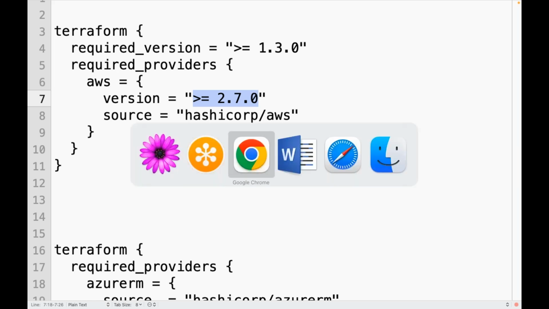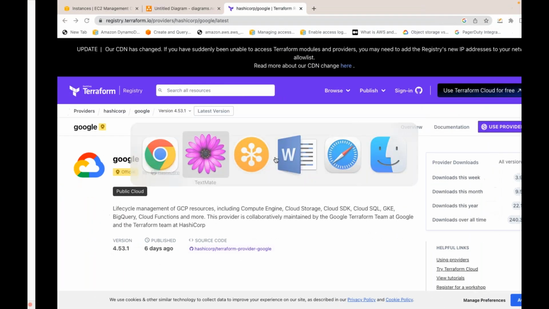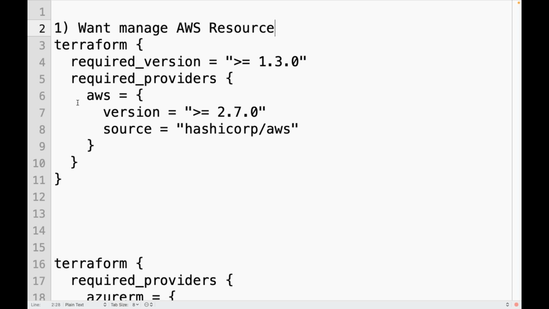So the Terraform block is a very important block where you are defining what providers you want to use. Just to make things simple, my requirement: I want to manage AWS resources using Terraform.